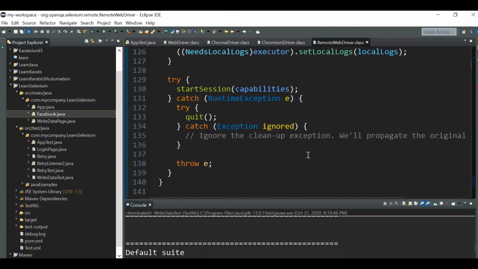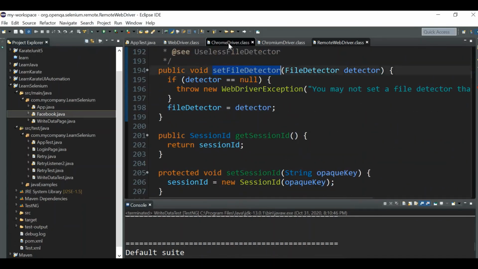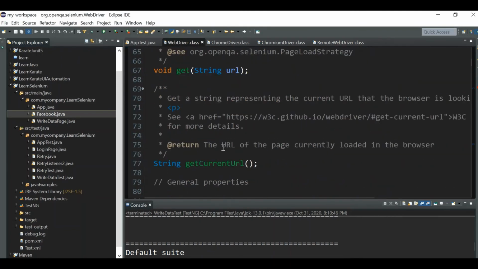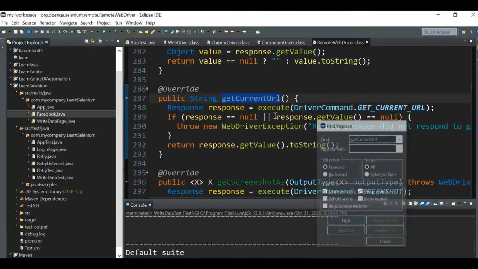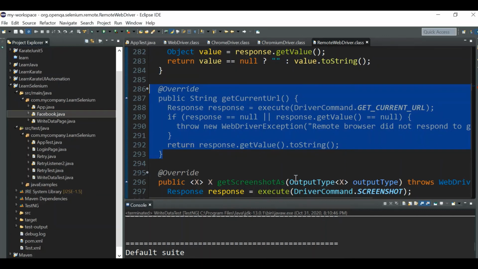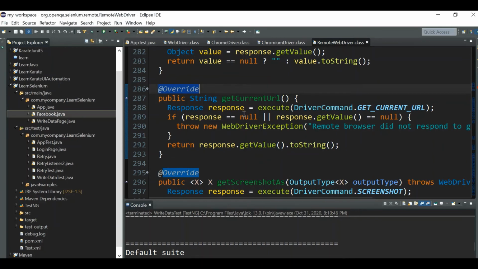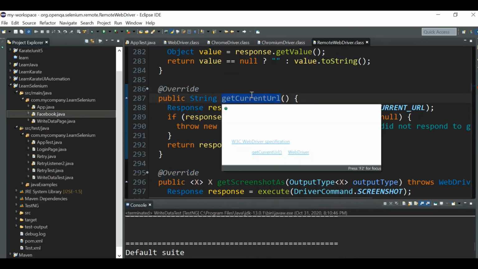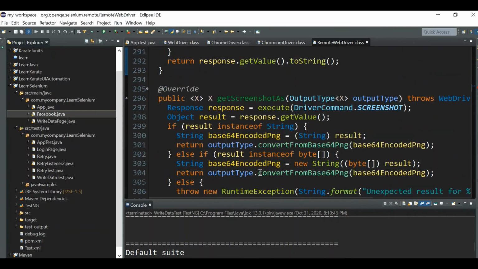The RemoteWebDriver will have all the methods you have seen in the WebDriver. If you search for getCurrentUrl, you can see it in the RemoteWebDriver class, right? Why this override? Override means that in the RemoteWebDriver class, the getCurrentUrl method is getting overridden. The method is actually coming from the WebDriver interface and it is getting overridden.